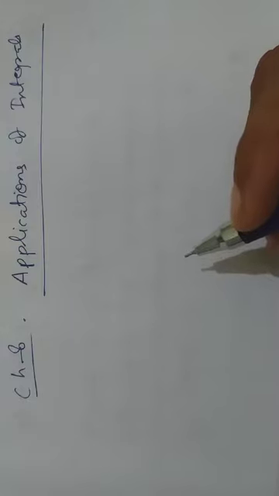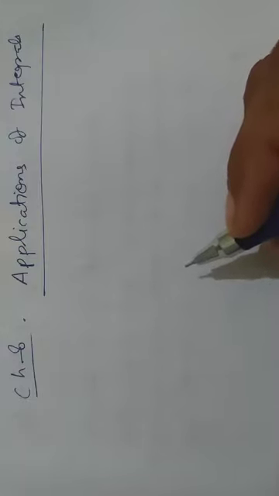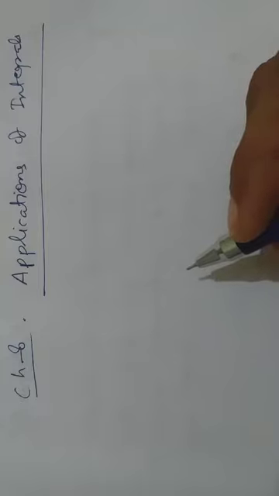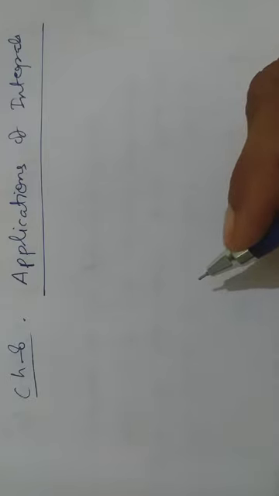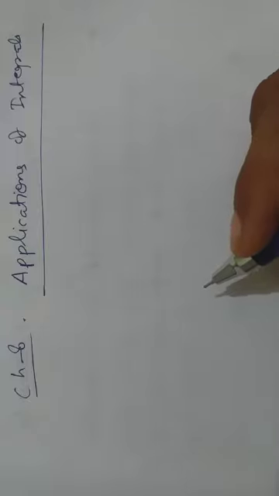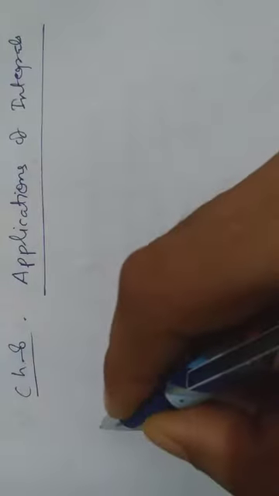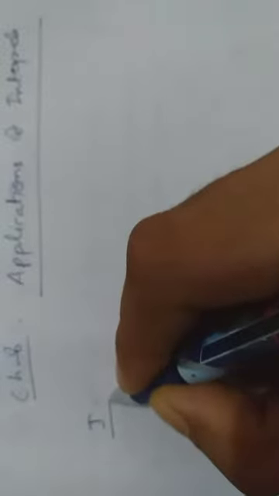Dear students, in this chapter, we will obtain the area bounded by a simple continuous curve y equal to f(x), x equal to a and x equal to b, and the x-axis, and we will find the area bounded by two curves. So there are different cases. We will discuss case 1.